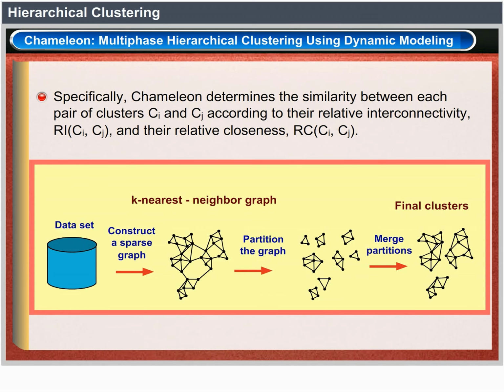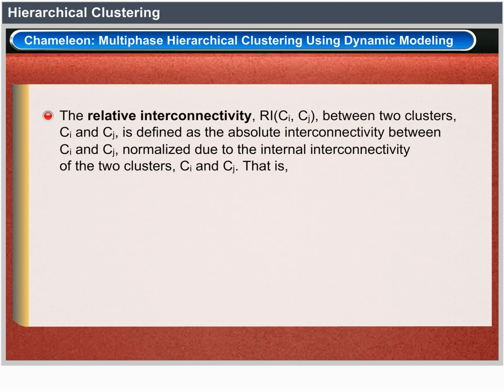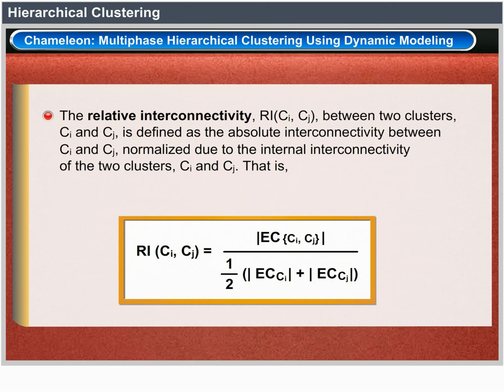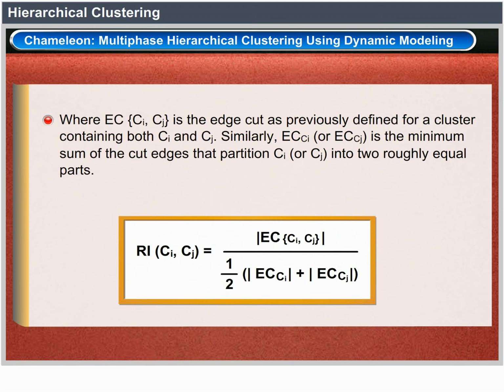The relative interconnectivity, RI, of Ci and Cj, between two clusters Ci and Cj is defined as the absolute interconnectivity between Ci and Cj, normalized with respect to the internal interconnectivity of the two clusters Ci and Cj. That is, the relative interconnectivity can be shown as represented on screen, where EC(Ci, Cj) is the edge cut as previously defined for a cluster containing both Ci and Cj. Similarly, EC(Ci) or EC(Cj) is the minimum sum of the cut edges that partition Ci or Cj